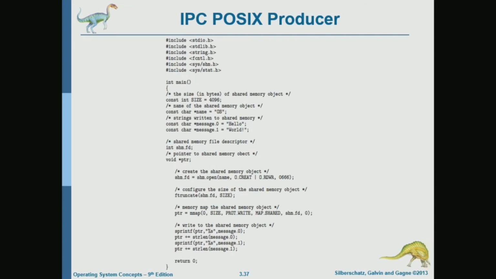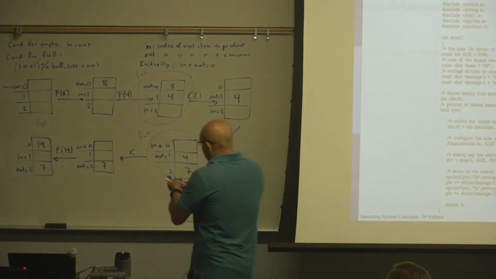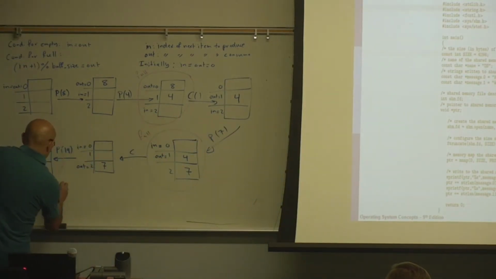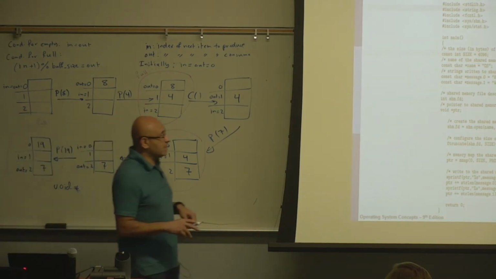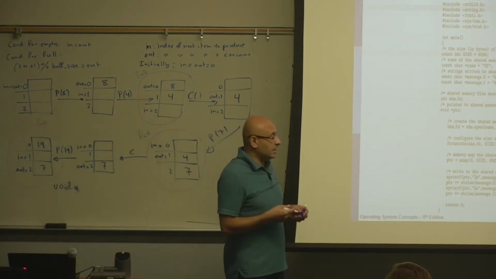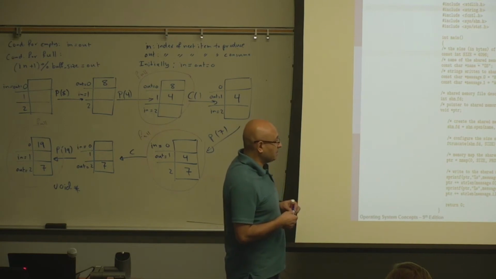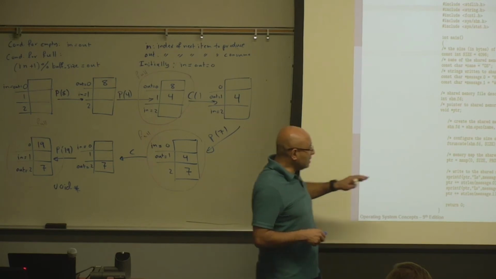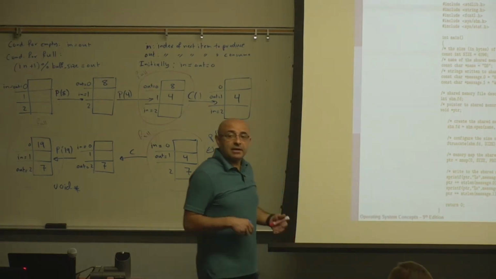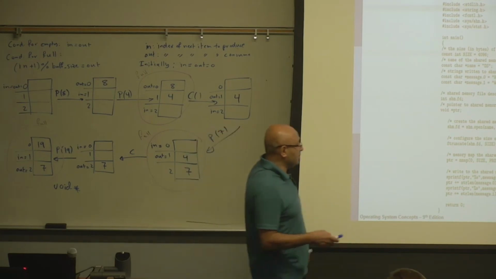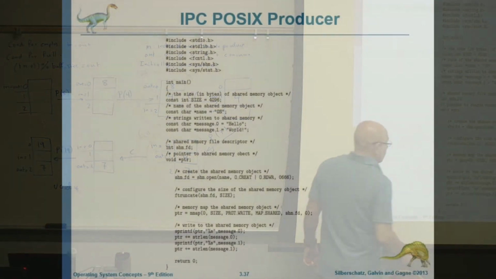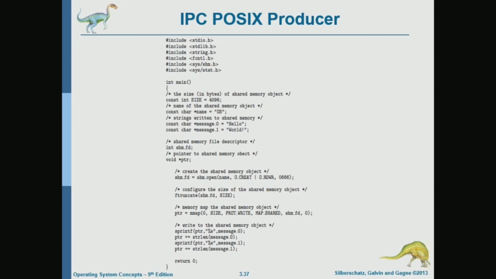Once you get this pointer, it's going to be a void pointer. It's a void star, which means that it's a generic pointer that you can typecast to anything. So here you can just treat that pointer as an array. And here it's being treated as an array of strings. Sorry, not an array of strings, an array of characters, which is a string. And the process is writing a couple of strings in it.